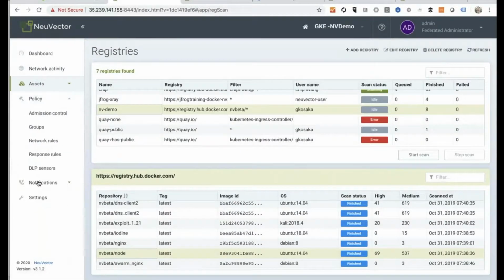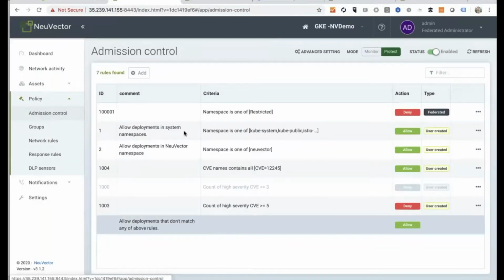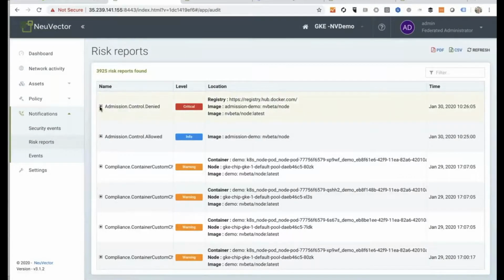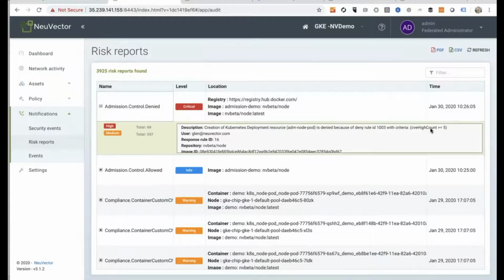And then the next step is typically to set up some admission control rules. This is a very simple one right here that says if there are 5 or more vulnerabilities, then block that deployment. So whenever Kubernetes is deploying a container, it will stop, webhook to NeuVector, and we'll look at those rules. And you could see here if it doesn't pass, in this case it hit that rule, NeuVector will actually block those deployments. Now, if these deployments are allowed into production, then we take over into the runtime protections. And there we're going to do vulnerability scanning, we're going to run the CIS benchmarks and other compliance checks that you've configured. And then we're going to learn all the behaviors of your application